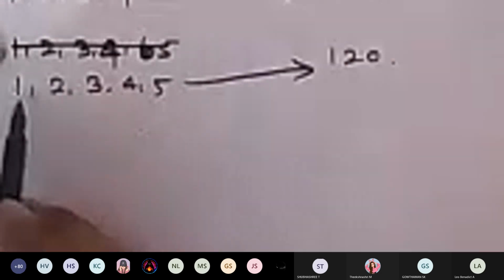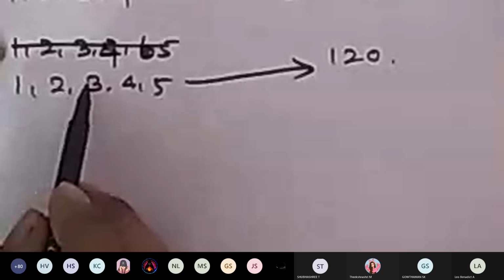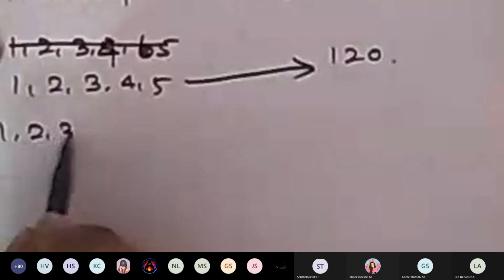1 into 2, 2. 2 into 3, 6. 6 into 4, 24. Right? 1 into 2, 2. 2 into 3, 6. 6 4s are 24. 24 5s are 120. So now tell me, if I give 6 numbers, 1, 2, 3, 4, 5, 6, and